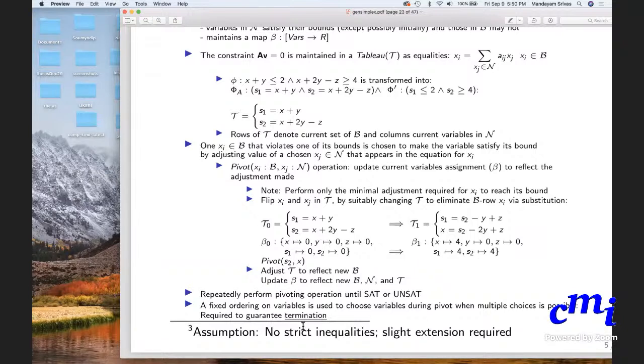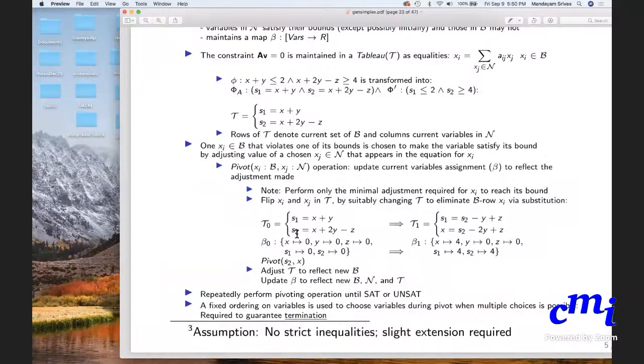There could be multiple choices to pick from the non-basic set. In this case, only the basic variable S2 was violating,